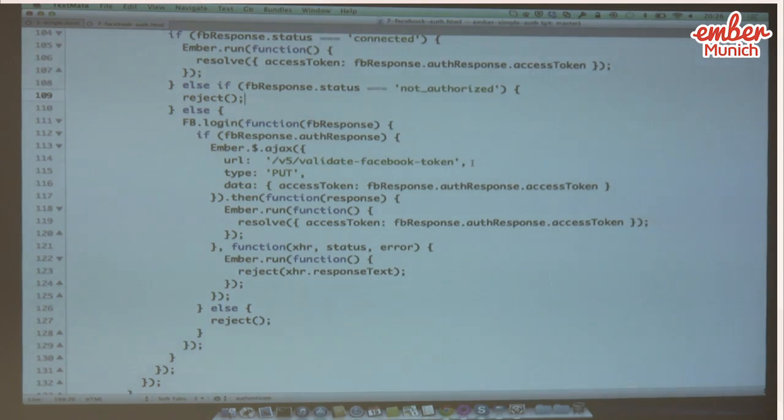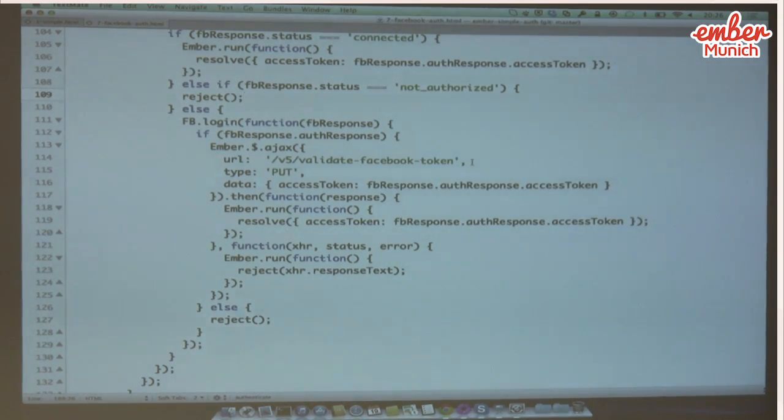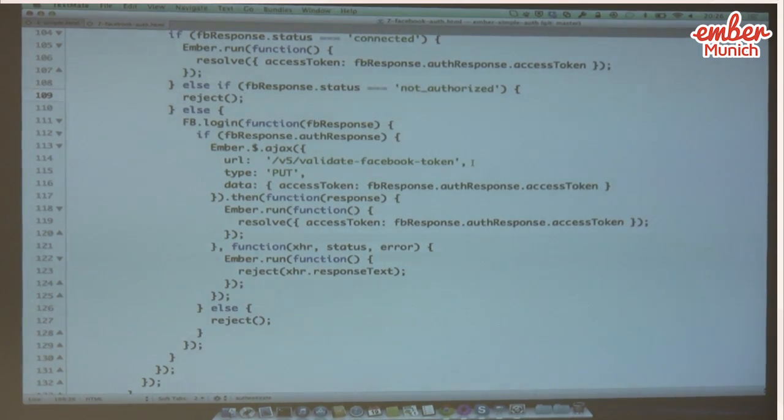So you would probably want to exchange that Facebook token against your own token. That's basically what's being done here. It puts the Facebook token to some special URL, and then it resolves the property with